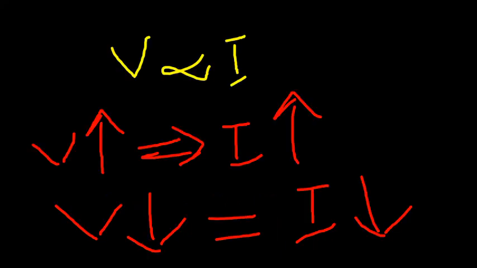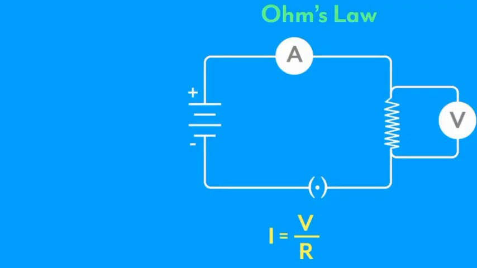Directly proportional means that if we increase the potential difference, the current increases, and if we decrease the potential difference, the current flow also decreases. So, in order to create a current flow, potential difference is necessary. As we increase the potential difference, the amount of current also increases. If we decrease the potential difference, the current also decreases. This means it is directly proportional.